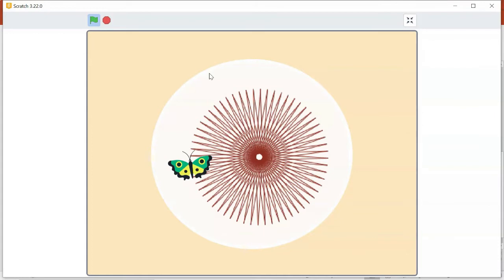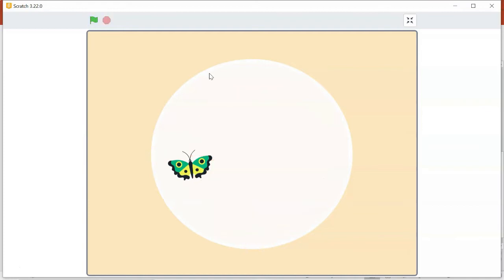If you have not done it or seen it, please go and refer to my previous video so that this video will be comfortable for you. Before I code this project, I have told you in my earlier videos that I am going to explain what a spirograph is. Let me explain what a spirograph is. Then we will start coding for this project.